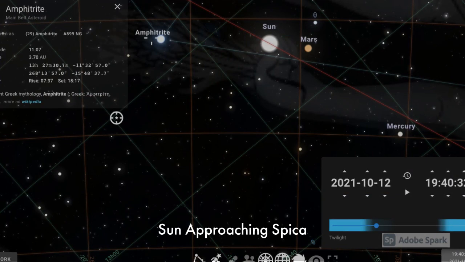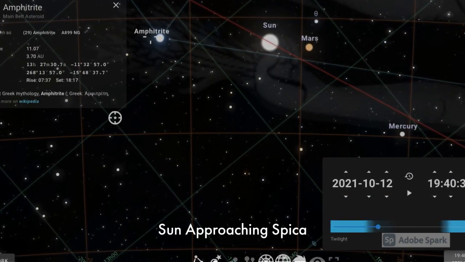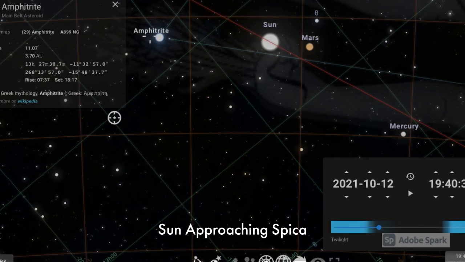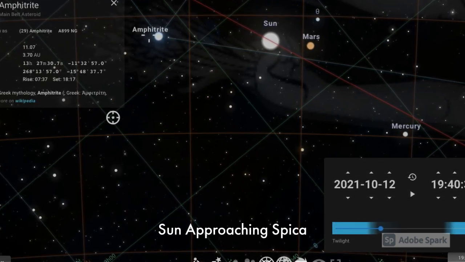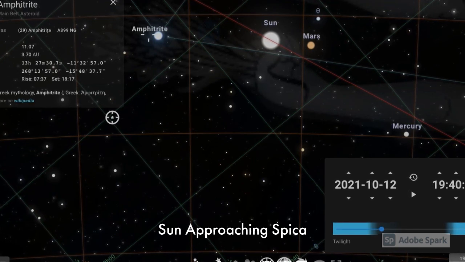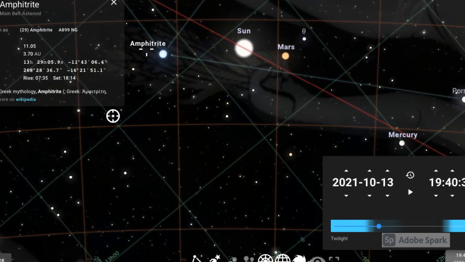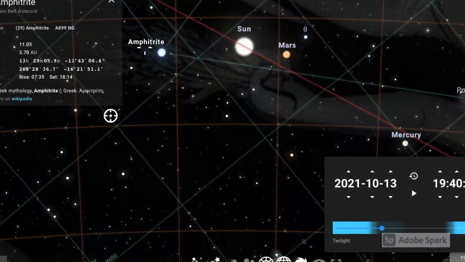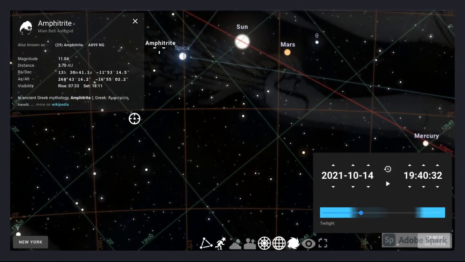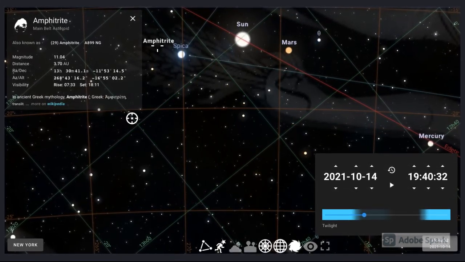Sun is approaching Spica and getting close to Aphrodite, and Mars is not as close as before. The Aphrodite pulling away from Spica, and then Sun still approaching Spica and Aphrodite. October 14, the Sun is approaching Spica, getting closer,